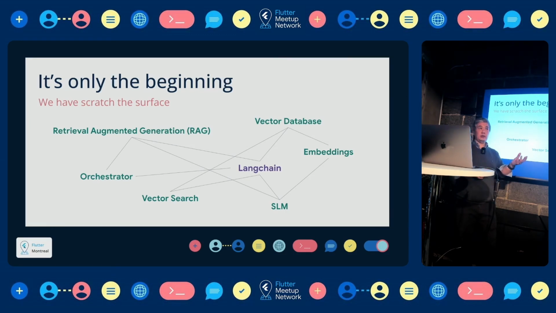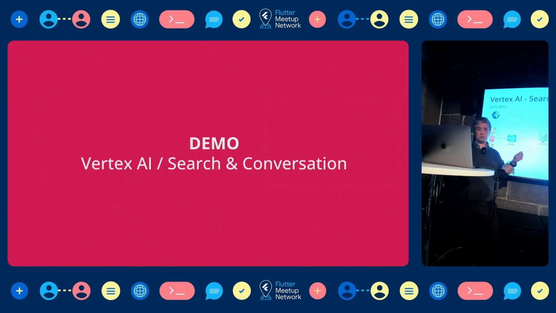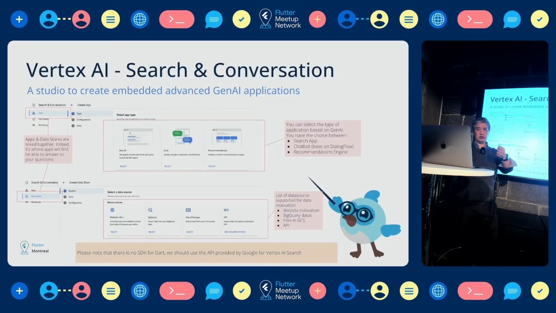Like in data, where we have what we call a DAG, which is a workflow when you build a pipeline to ingest and transform your data, in generative AI, with LLMs, we have what we call a RAG. A RAG is a way to orchestrate how you are going to generate an output with your LLM. It's exactly what has been done; I didn't present this slide. In the case of search and conversation,